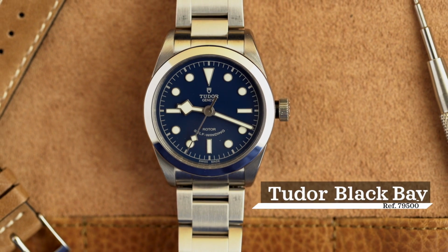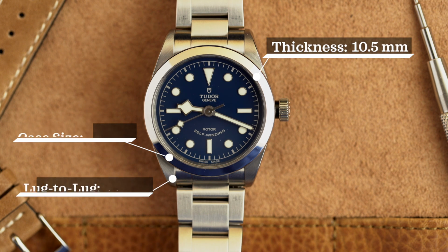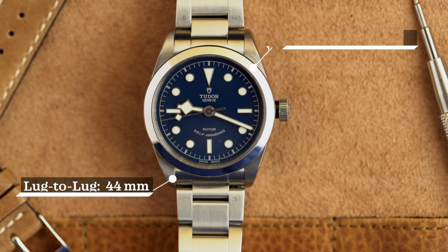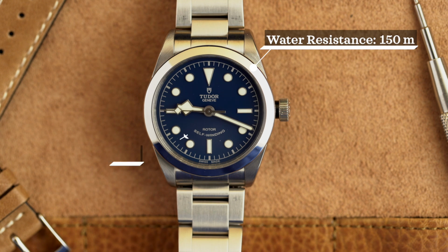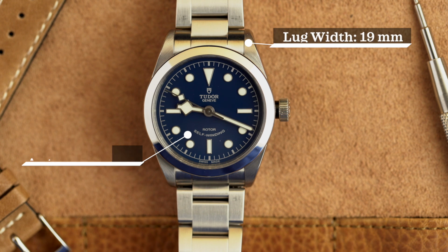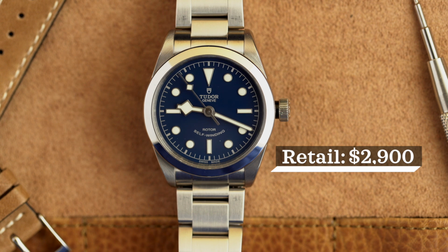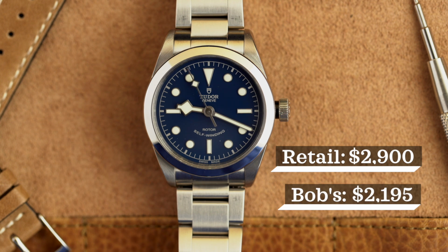So the reference here, we're looking at the 79500. Case size of 36 millimeters, case thickness of 10.5 millimeters, lug to lug 44 millimeters, water resistance of 150 meters, movement is an automatic ETA 2824, lug width of 19 millimeters, crystal is sapphire, and a retail price of $2,900 with a Bob's Watches price of